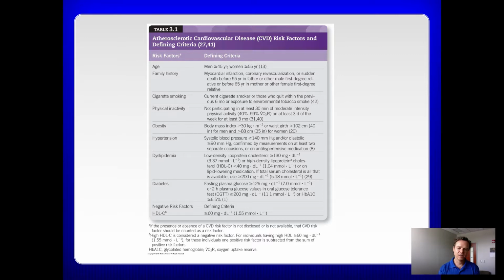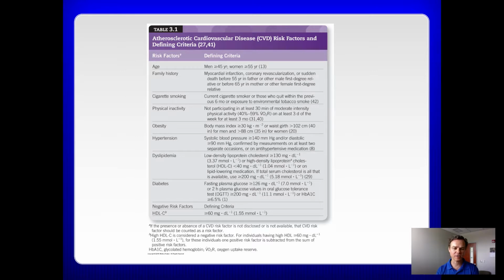Obesity. I hate this characterization, or the way they do this, but it's whether you have a body mass index over 30. In the past, they don't list it here. In previous ones they did, but they do assess whether or not you're physically active or whether that body composition is appropriate. So if you have an individual who you suspect their body composition is fine, they're just muscular, and you'll see that with some of the men, then